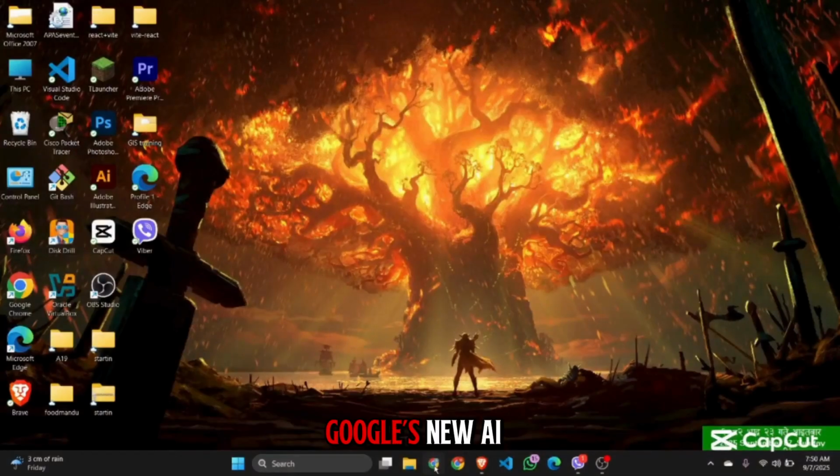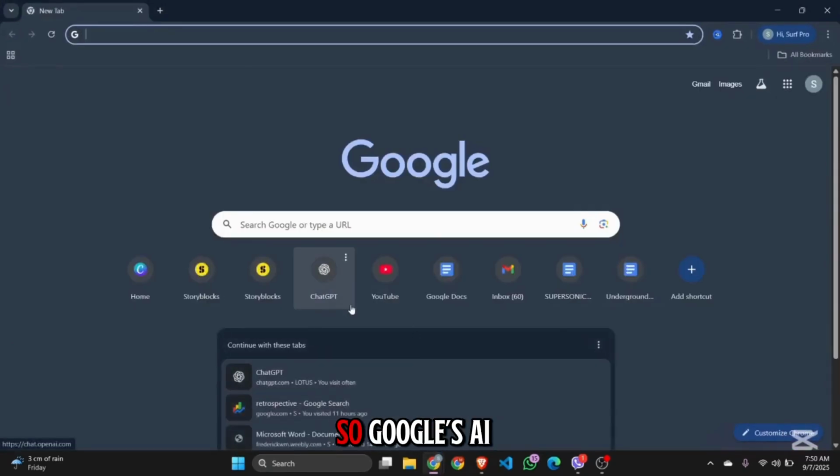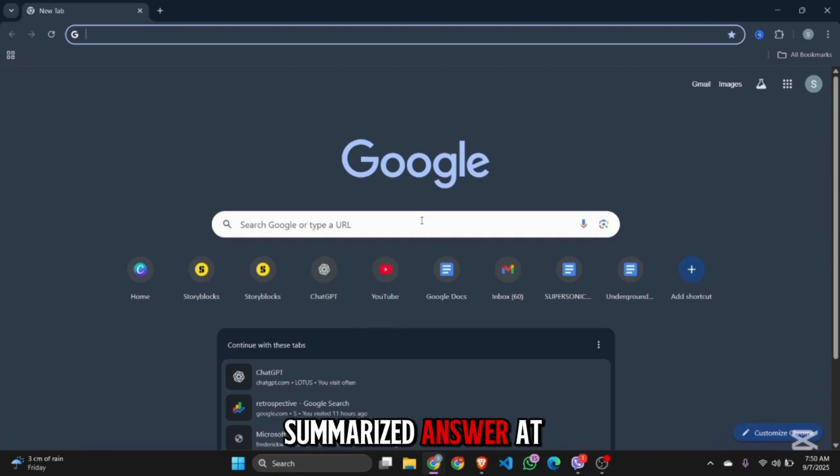How to use Google's new AI mode in search. Firstly, open your Google Chrome. So Google's AI mode is an AI-powered feature inside Google search that gives you a quick summarized answer at the top